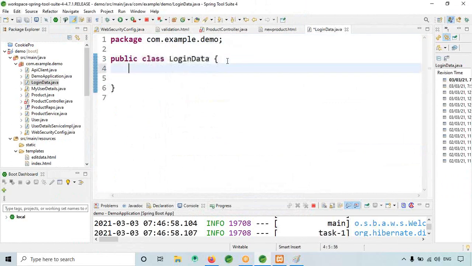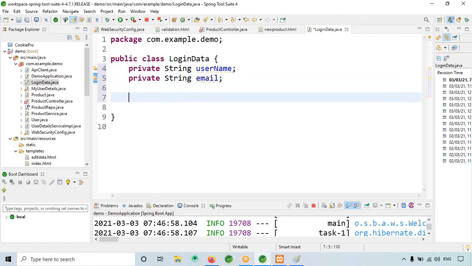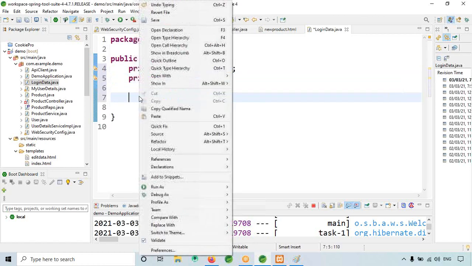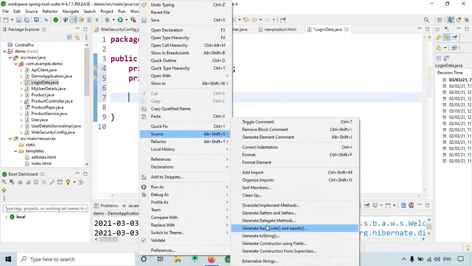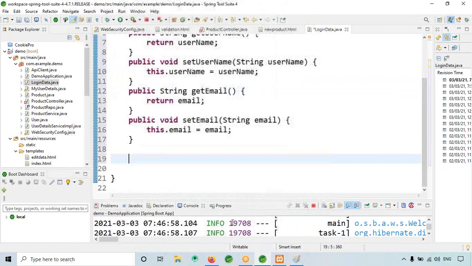Okay, so here I will have private string username, private string email, both I have. So here I will right click, source, generate setter getter, select all, generate.